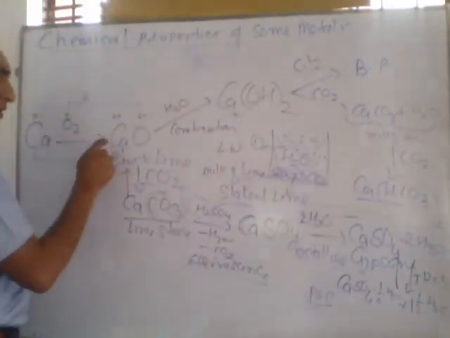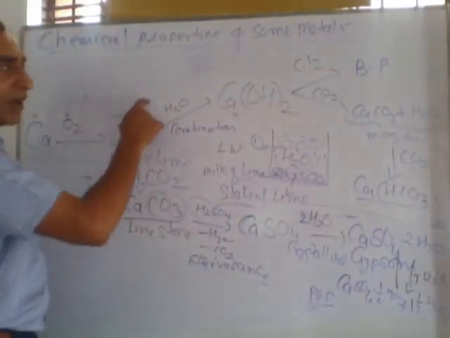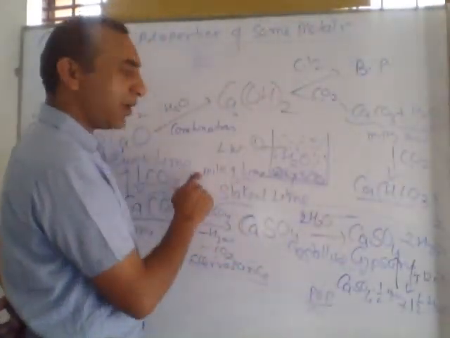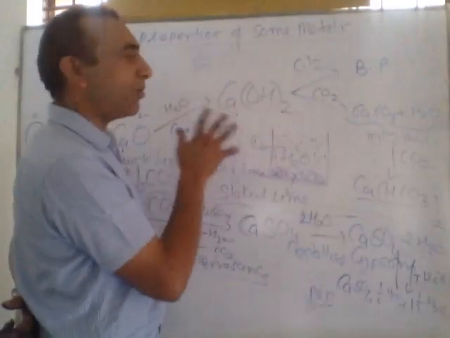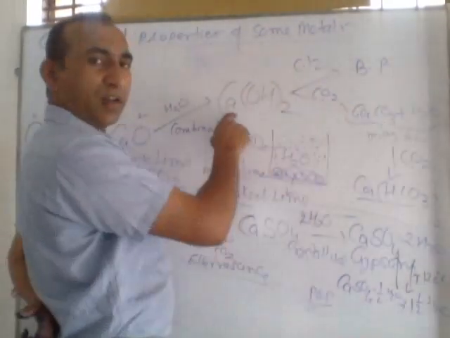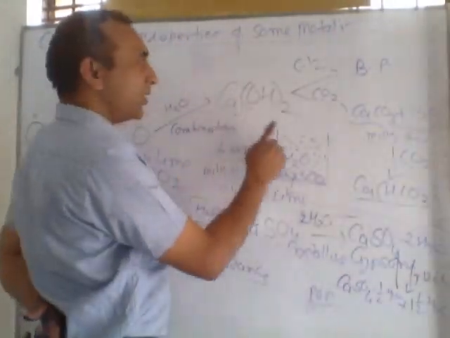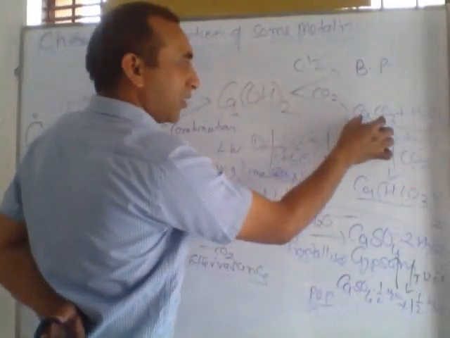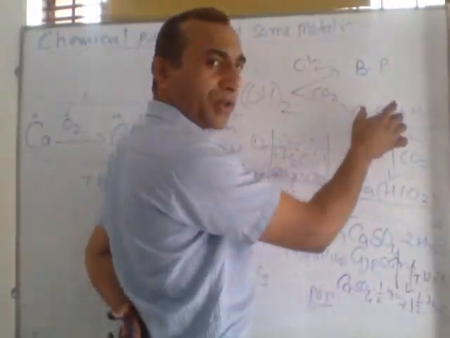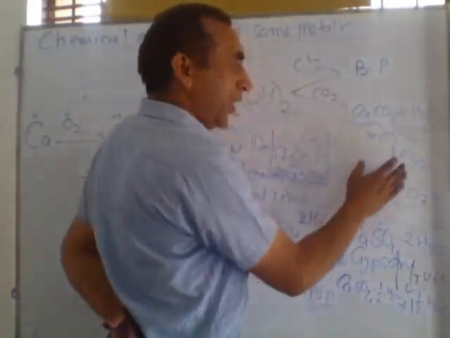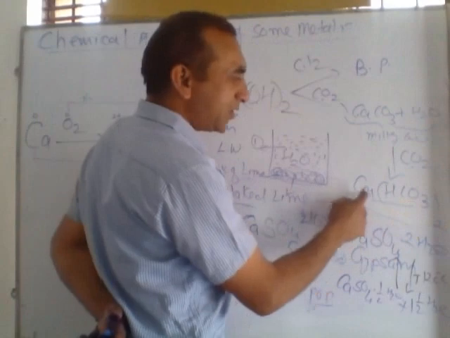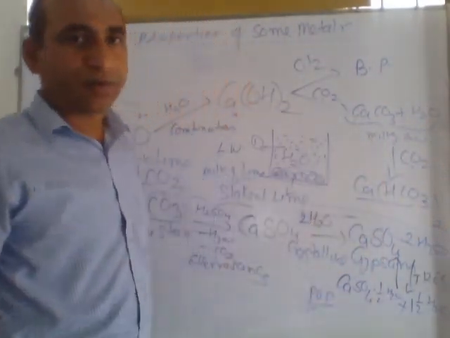And if we dissolve quicklime in water, it gives calcium hydroxide. Calcium hydroxide has different names, lime water, milk of lime, selected on the basis of their physical states. On passing chlorine gas in calcium hydroxide, bleaching powder is formed. On passing CO2 gas, calcium carbonate, which is limestone, is formed as an insoluble precipitate of milky color. If we pass CO2 gas for a long time, then calcium bicarbonate forms, which is soluble in water.